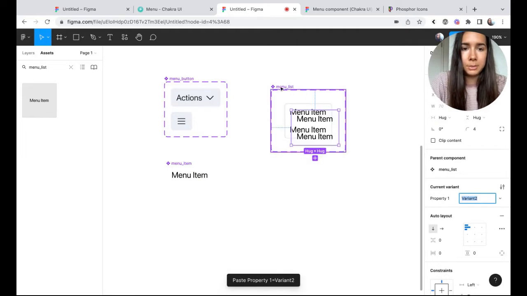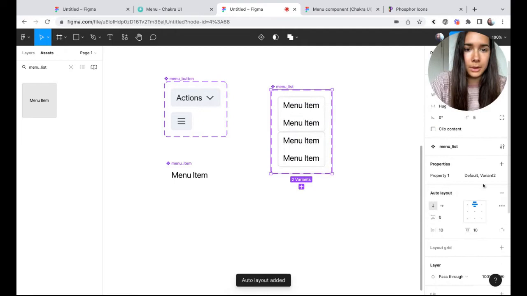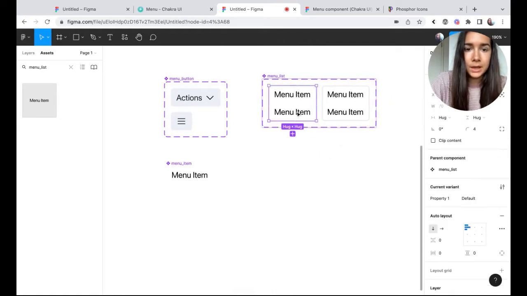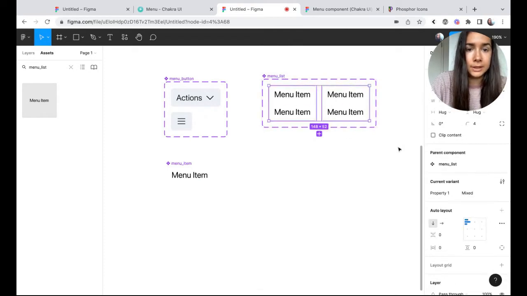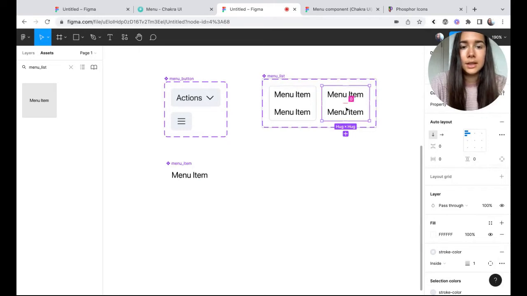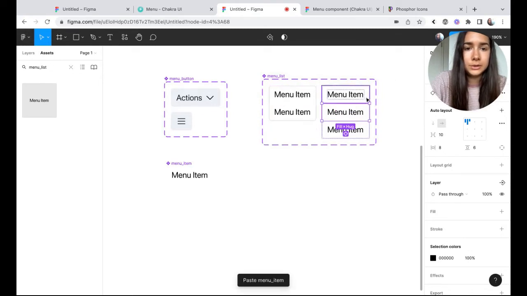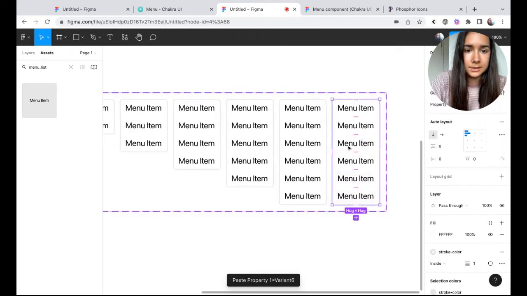So we're going to copy paste to create our second variant, and we can once again apply auto layout, and just gonna format it. And actually one thing that we're going to do is add a fill. Just set it to white. And from here we can start adding our variants. So here we have 2, then 3, 4, 7.